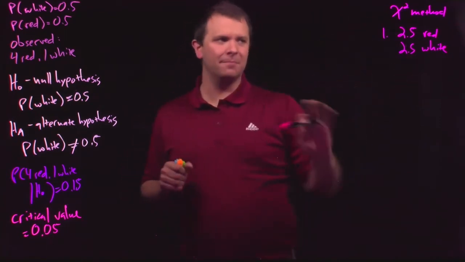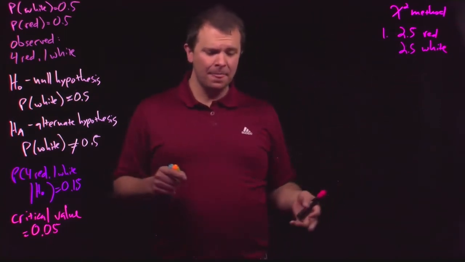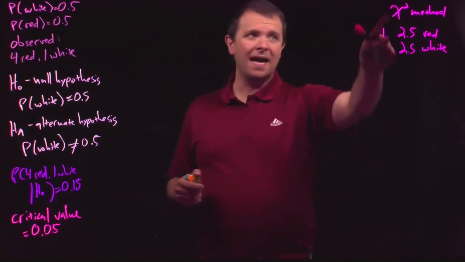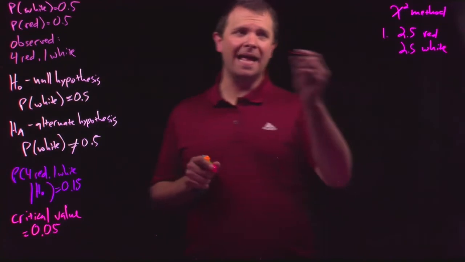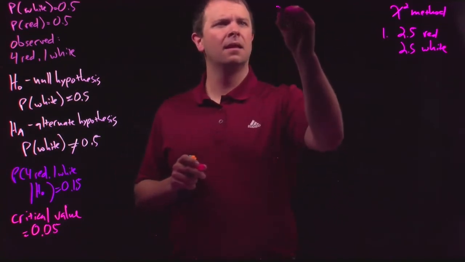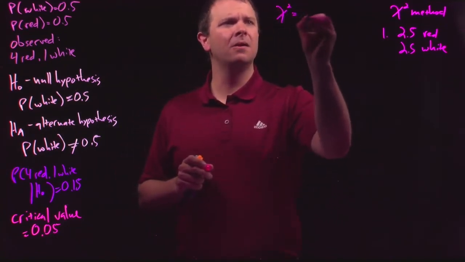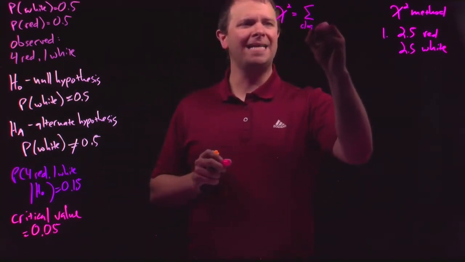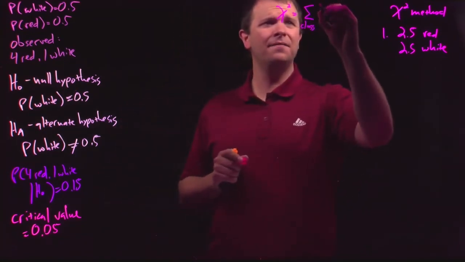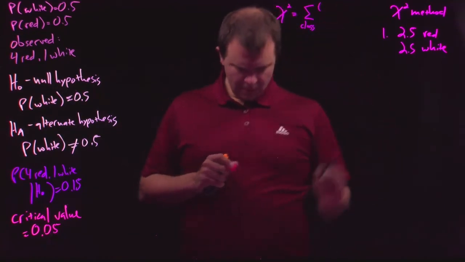The fractional number is fine. And then we compute the chi-square value, called the chi-square statistic, and chi-square is the sum for each class of observed